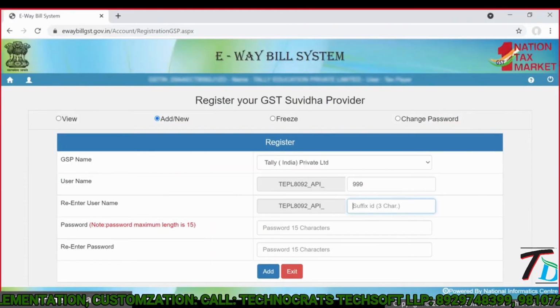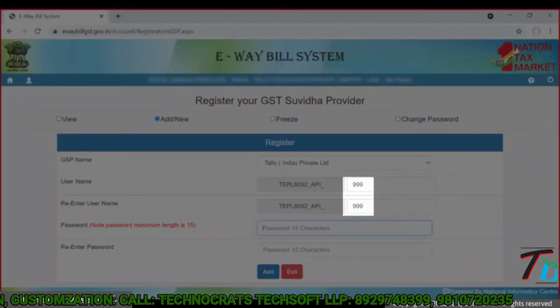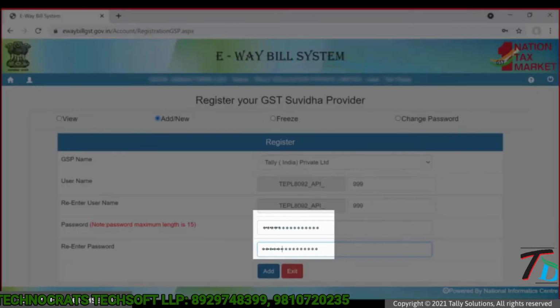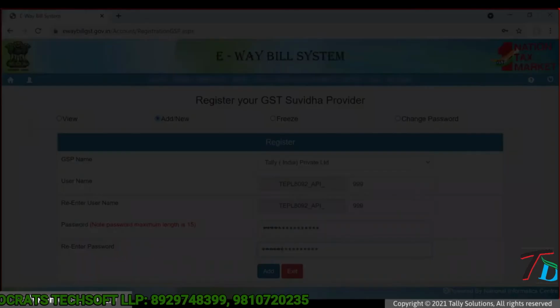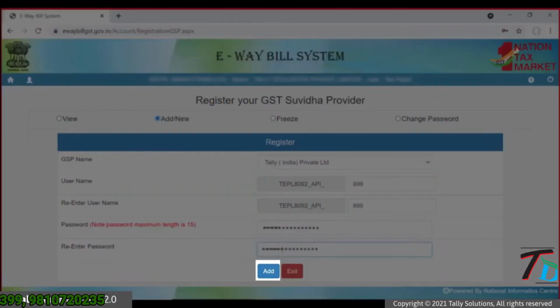Enter a 3-character suffix in the username and re-enter username fields. Enter a 15-character password in the password and re-enter password fields. You can use this API username and password in Tally Prime to directly access e-way bill portal and exchange information. Click Add.